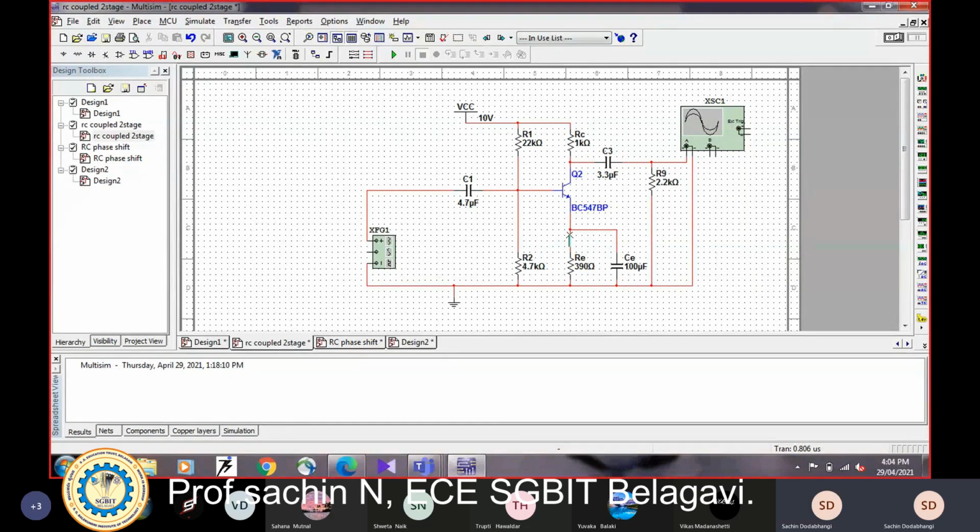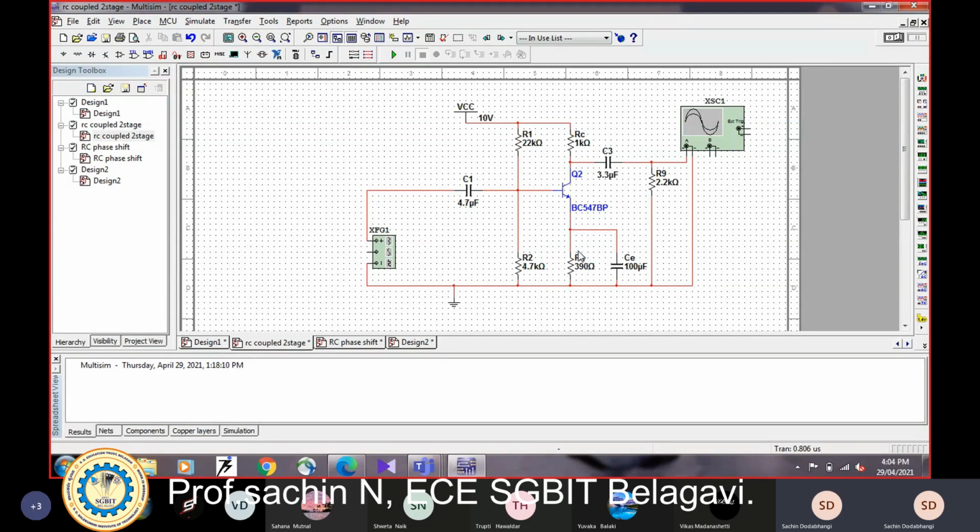So I want to bypass that. In order to avoid that feedback, I will take a capacitor in parallel to RE, and it will act as a short circuit. Whatever current is coming here goes through the capacitor and will not flow through RE.